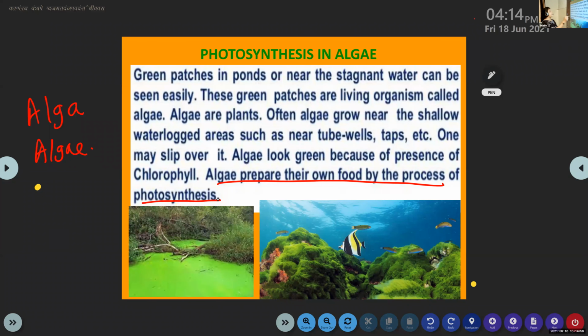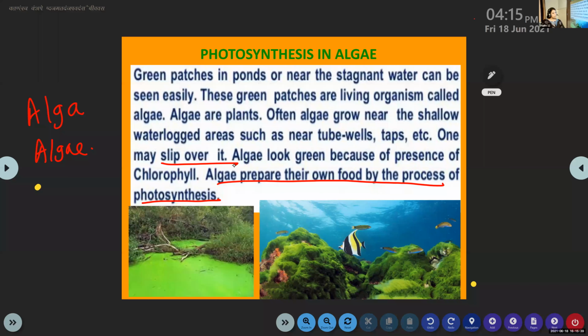Now here one phrase is given: we may slip over it. Very clear, no? In your house, if it is continually raining, in front of your house, suppose you put a cement floor or something. What will happen? Once it becomes wet, this kind of green thing will come. We call it pile. Yeah, you may slip on it and fall down. We have to be very careful. So usually what we do, your parents may scrub it off, put salt over it to remove that, or put mud and stone, so that when you step on it, you may not slip over it.